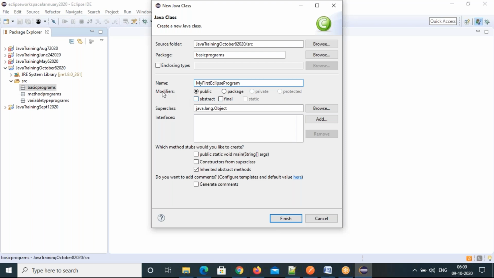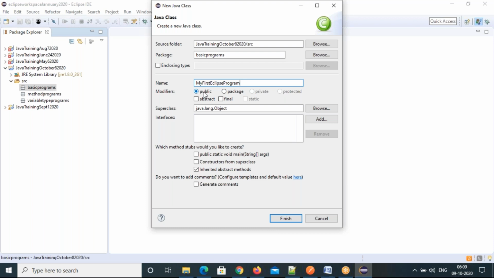Next, we have modifiers. We are going to discuss this topic, a very big topic, today itself. Modifiers are reserved keywords. When you add these keywords, it will change the meaning of that entity. Basically, you can add them to the class, method, variable, and constructor. These 4 places you can use these modifiers. And we have 2 types of modifiers: access modifiers and non-access modifiers.